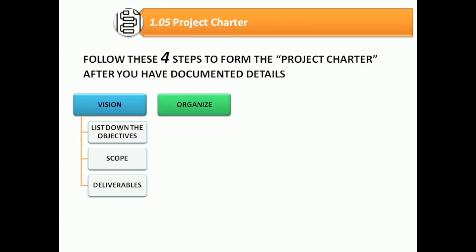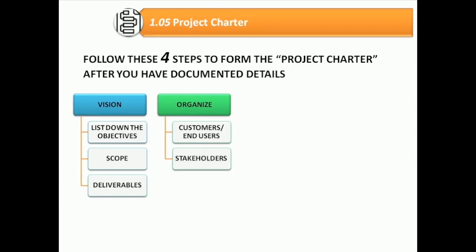I need to organize a few things. You need to organize the list of customers and the end users who are finally going to benefit out of this project once it is ready. Who are the key stakeholders who are going to get involved from the beginning of the project in order to make this project successful?